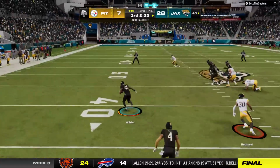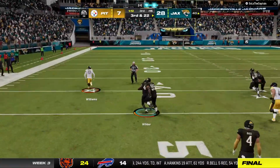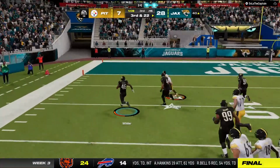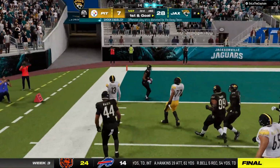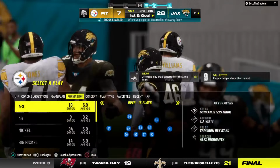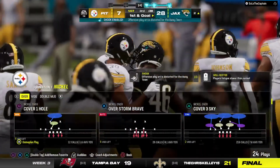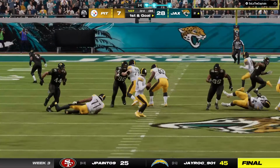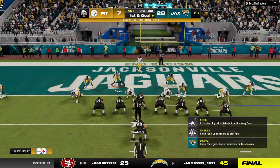And now here is another interception. Down the numbers. There he goes. Down the left sideline. He had his eyes on the end zone. He got close. At least he set the offense up nicely, but he's probably mad he didn't take that one to pay dirt. I agree with you, and you know he's going to get